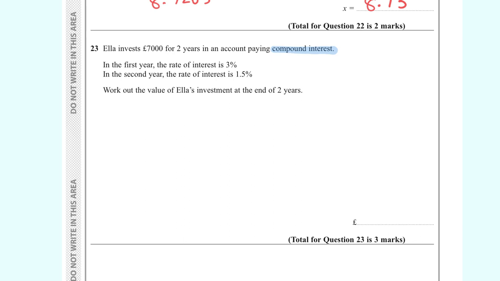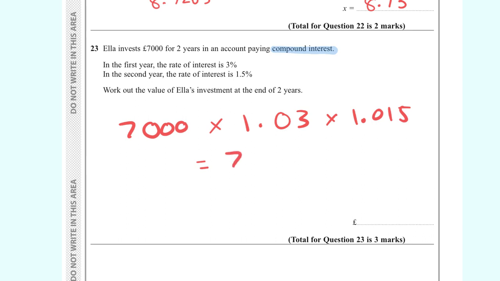Actually isn't too bad, and if you weren't sure, you might as well put something to go in your calculator. Rate of interest is 3%, so your first step, 7,000 times 1.03, that's basically adding on 3%, is what that means, alright? You're adding on 3%. And then the second year of interest, it changes to 1.5, so all you need to times it by now is 1.015. It's just a multiplication calculation you're popping in at the end of the day. You pop them in, you get